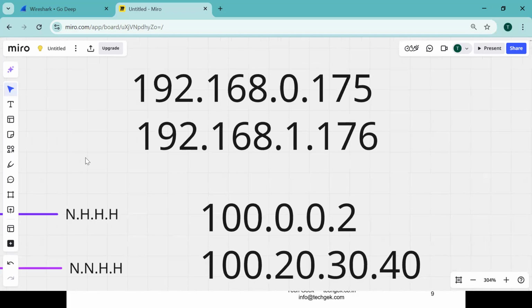So 192.168.0 and 192.168.1 are different, right or not? 1 and 0 do not match, right? Three network octets should match, not only two. In class C, three network octets should match. In class A, only one should match. In class B, two should match. You got my point? Is that clear?